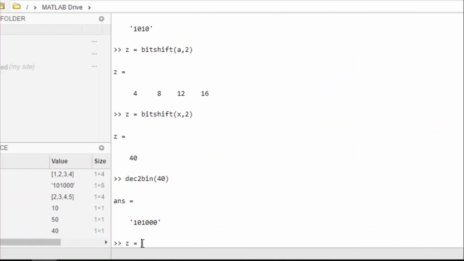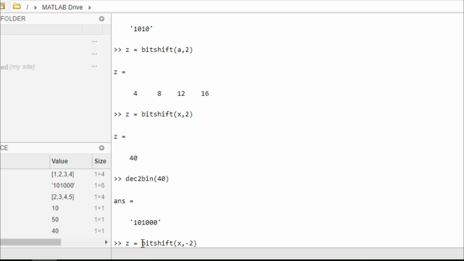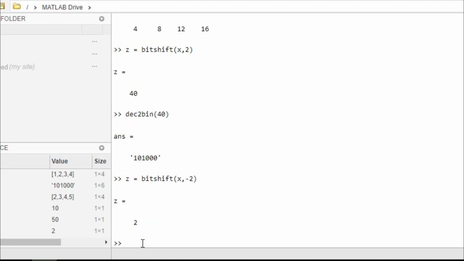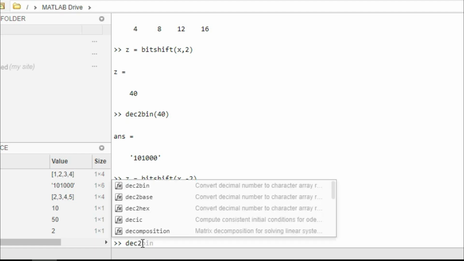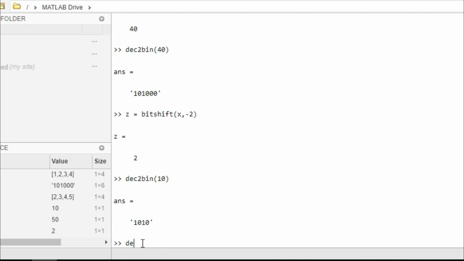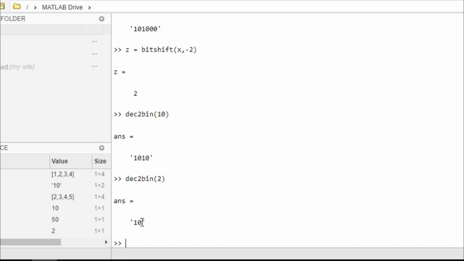So let's try z equal to bitshift x comma minus 2. It gives 2. Let's check dec2bin of 10 and dec2bin of 2. It gives 10.